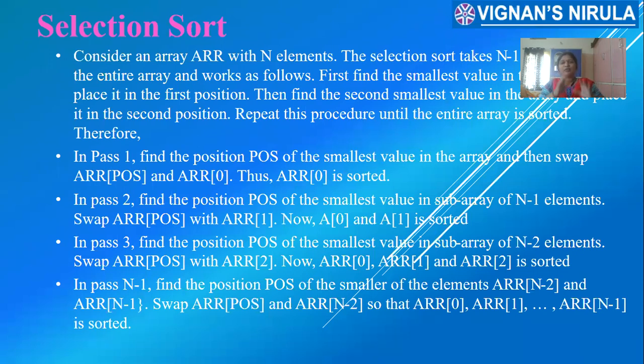In the case of your bubble sort, what we are doing is that the adjacent elements are being compared, and at each and every pass the highest element is placed in its position. In the first pass, the highest element is placed in a of n minus 1. In the second pass, the next highest element is placed in a of n minus 2. In the third pass, the next highest element is placed in a of n minus 3. That means from the last positions it is going to fill up the array in a sorted manner. Is it the case with your bubble sort or not?